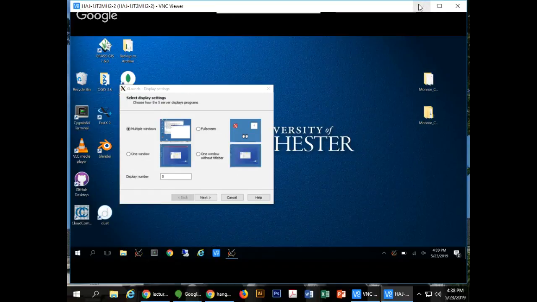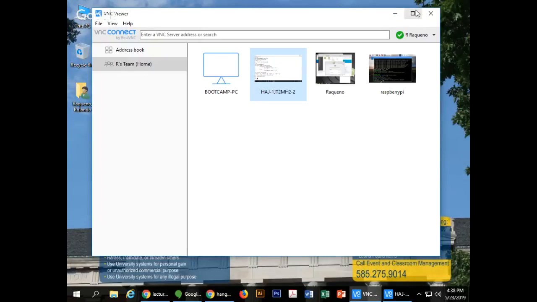The other method of connecting to other machines, which you may or may not have used, is called Remote Desktop Protocol. It's a program that is very useful when you want to connect to a PC. I'll walk through this process with you because